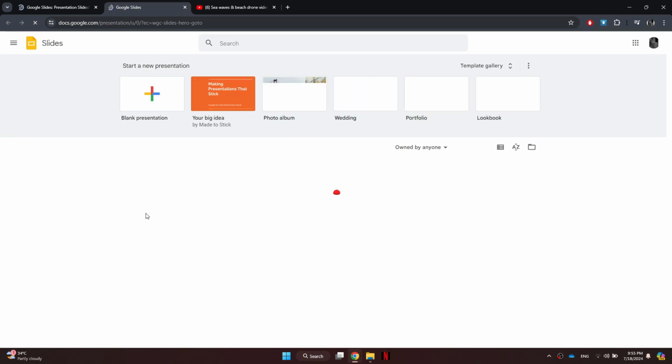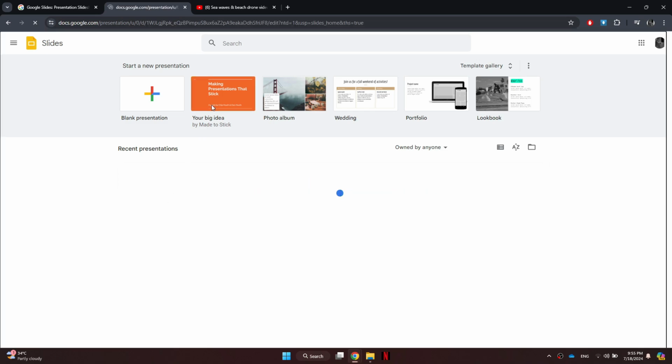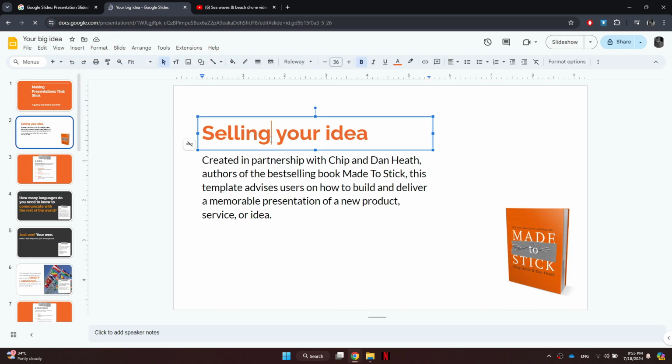Here, tap on the Sign In button and sign in with your Google account. After signing in, all of your recent projects will be displayed on the screen. Simply select the project in which you would like to insert a video and wait for it to load. Once you find the specific slide on which you want the YouTube video,